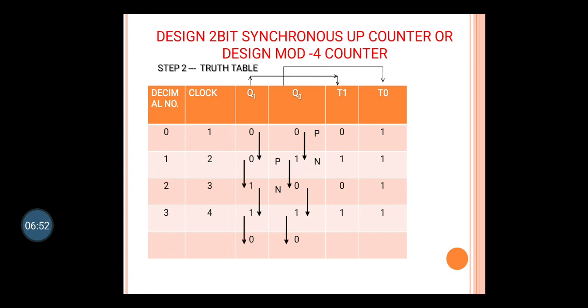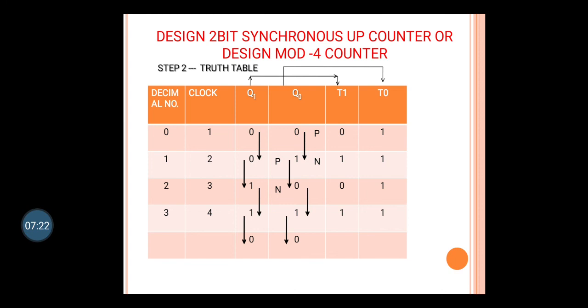Now the last row, here it is 1. And then I have written 0 0 because it is a counter, and in a counter, you know, the last value of Q1 and Q0 is 1 1, but again it will repeat to the initial state, that is 0 0. So in the last row I have written 0 0. So present state is 1 and next state will be 0, and XOR it and you will get 1. So T0 column, this is how you get. You have to go on checking Q0, present and next state, and write T0.